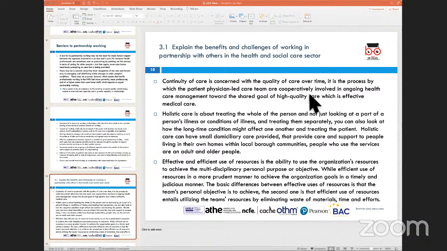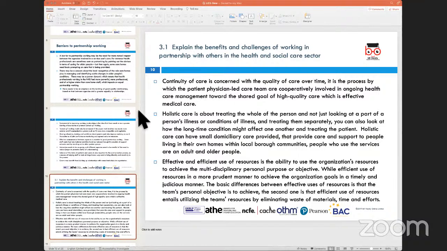So now, if you have any questions, feel free to ask, because what I have done so far is I've given you a bit of background about the learning outcome, what it covers, the importance of understanding multidisciplinary team working, and partnership within multidisciplinary team working, and why partnership and multidisciplinary team working sometimes does not work. That could be because of barriers which get created, or challenges faced by different teams. That is where the fragmentation of services offered to members of the public can happen.